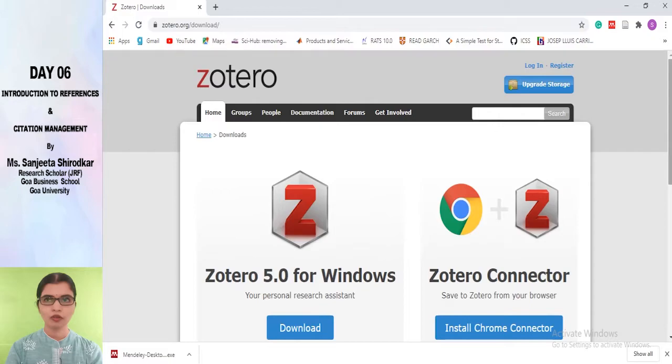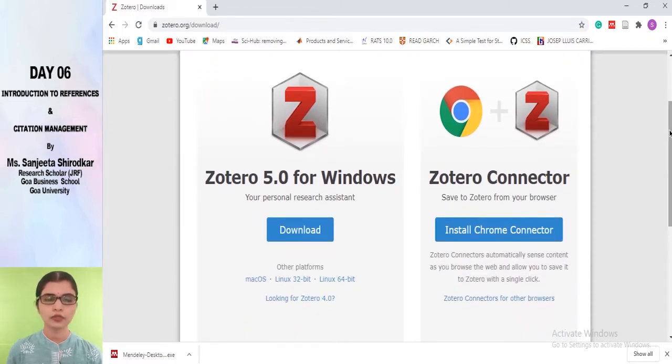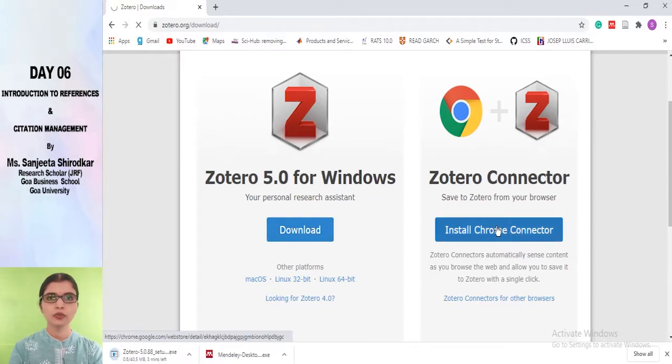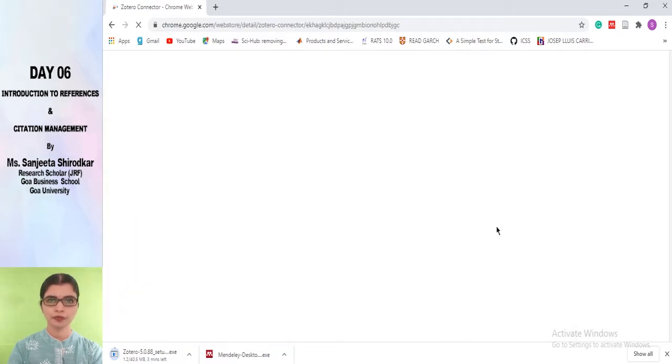Once you are clicking on the download button, you would see two setups are offered to you, Zotero for Windows and Zotero Connector. Now, let me tell you one thing, that both these setups are required for Zotero to work effortlessly. That is, Zotero Connector is also required and Zotero for Windows is also required. And whenever you are operating in Zotero, your browser should be on, your connectivity should be on. So you are required to download both the setups. Download this and download this also, and run the setup on your computer.